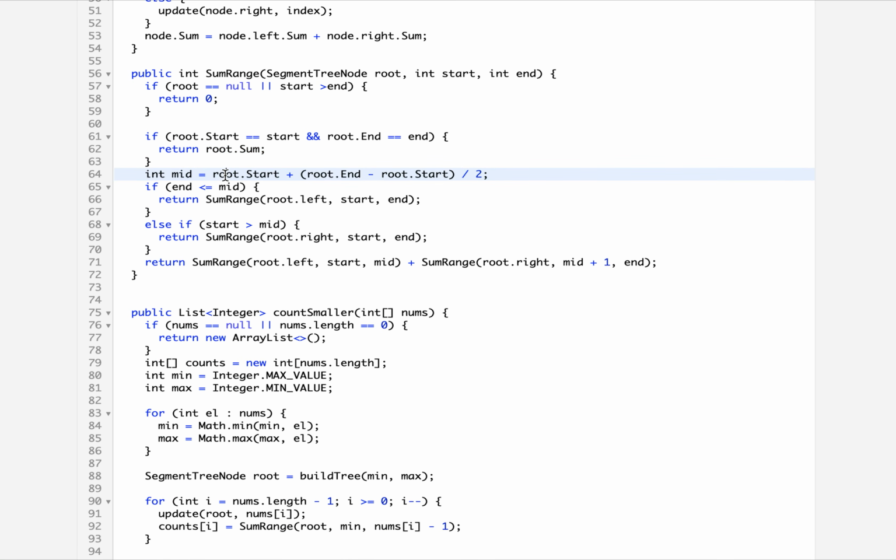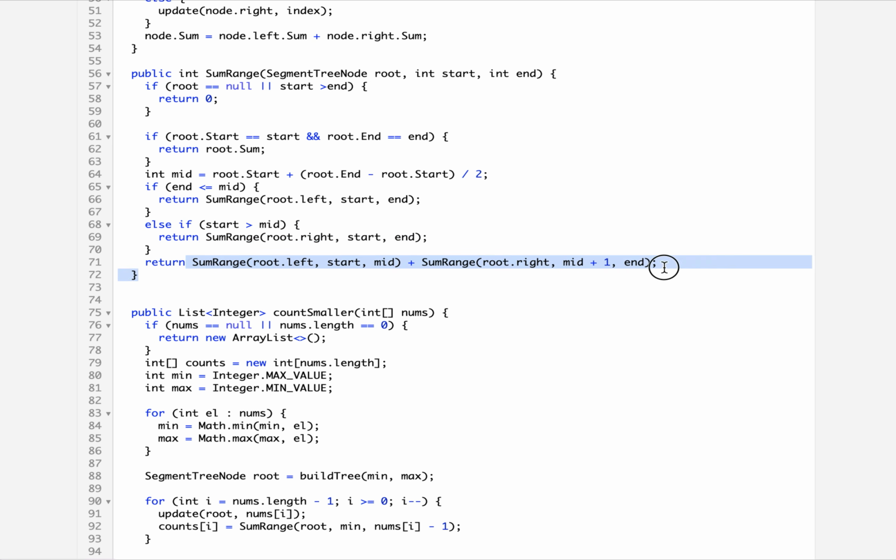Otherwise, we go and find out the middle point. We check whether we need to move in a single direction, and that condition is if my end search is less than or equal to root's midpoint. If that is the case, then I move in the left direction. Otherwise, if my start search index is greater than the midpoint, I need to move in the right direction.